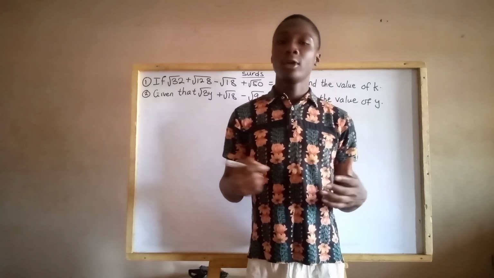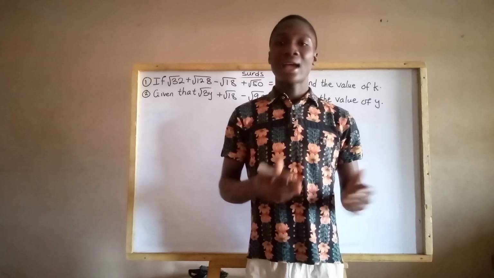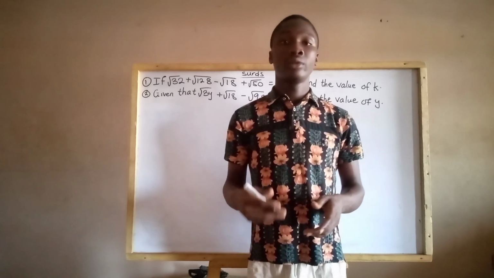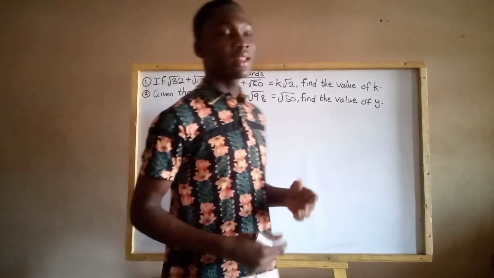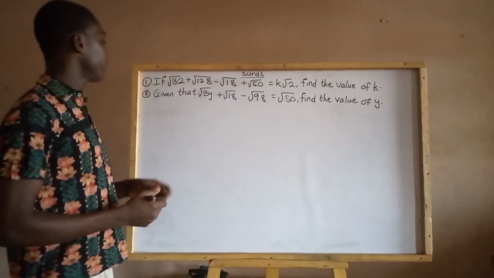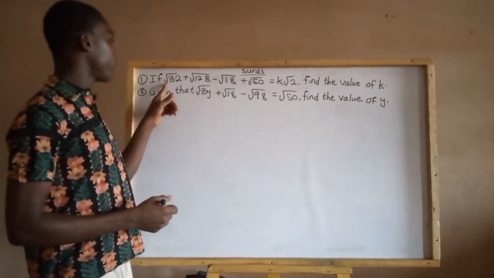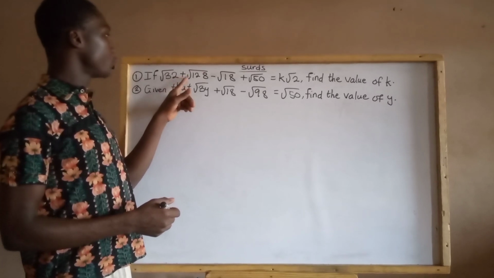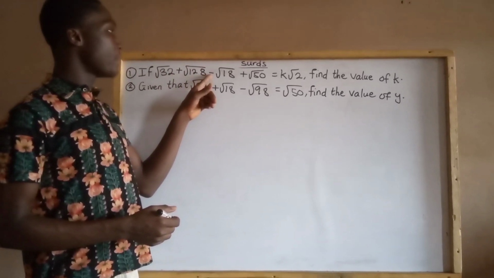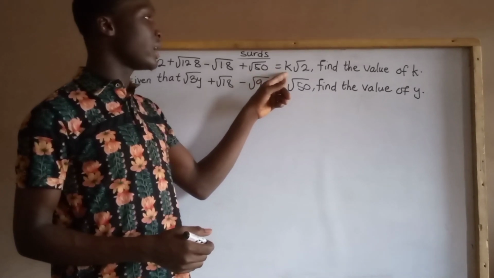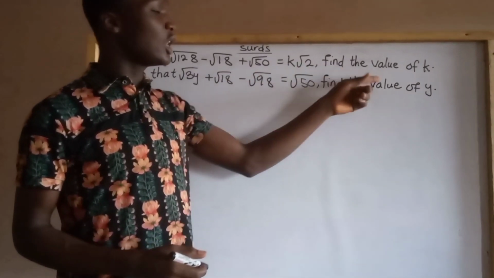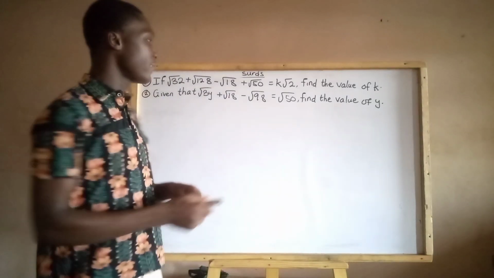Today, our lesson will be on solving some questions regarding addition and subtraction of surds. We have already learned about that, but we want to solve some questions regarding that. So here, we have: if root of 32 plus root of 128 minus root of 18 plus root of 50 is equal to k root 2, find the value of k. So for the first one,